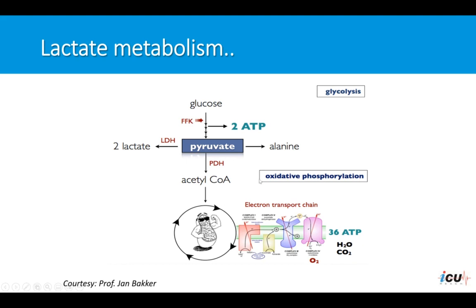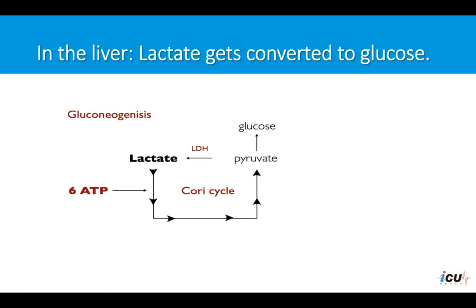Now, if we do not have enough oxygen, if we're not operating under oxidative phosphorylation conditions, at that time the pyruvic acid will be converted to lactic acid under the effect of lactic dehydrogenase. And then we have the Cori cycle, where the lactate can be converted back to glucose in the liver. You can see that with the use of ATP, the lactate can be converted back to pyruvic acid and then to glucose, and this is the process of